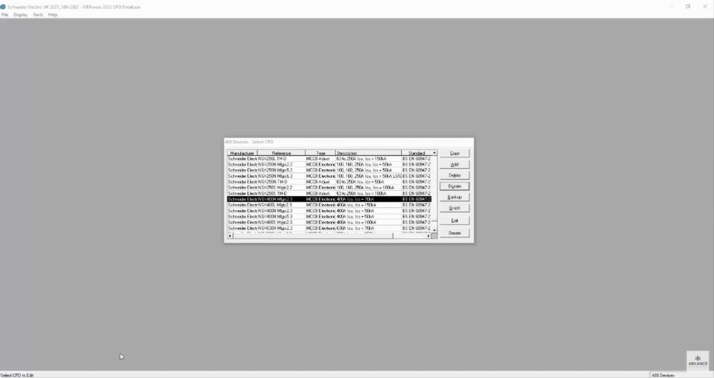What we're going to talk about here is discrimination studies. When the program performs a calculation, if there are no discrimination tables present, then it does an empirical calculation. So what we're going to look at now is discrimination tables. If we cite the example of the NSX 408 Micrologic 2.3,